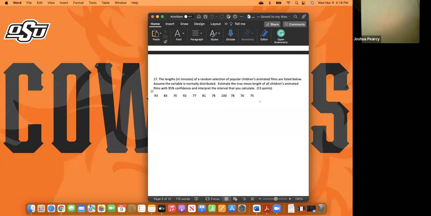And on the T distribution table, you need the degree of, sorry, you can't even see my paper. You need the degree of confidence and the degrees of freedom. And the degrees of freedom can be found by the sample size minus 1. And N in this case is 11. So the degrees of freedom is 10. Then you just intersect